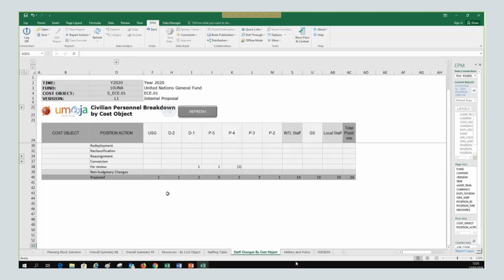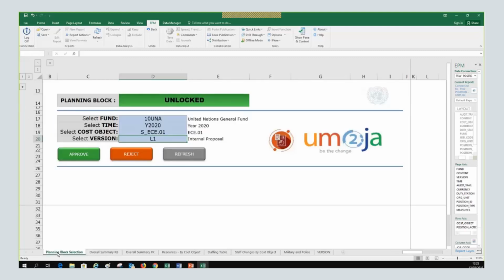Yeah, thank you, Daniel. So the last tab is about military and police. For you as a regular budget user, I think it's out of scope. What I'm going to explain finally, once we have reviewed all this, is the process to approve